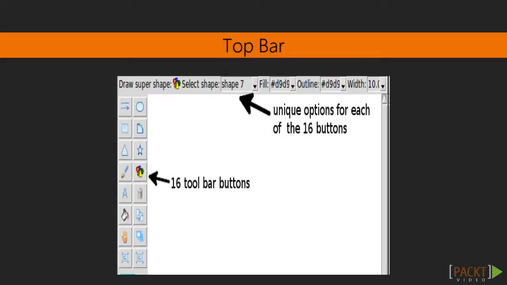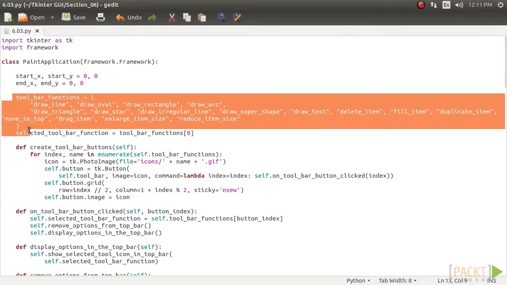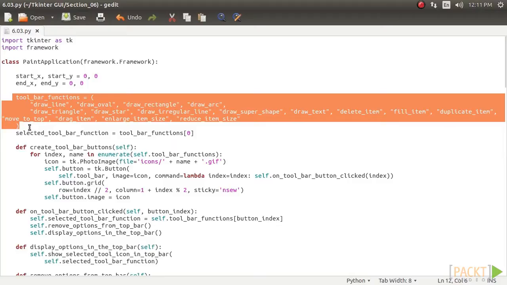We do not want our code structure to be bloated by conditional logic to switch among these 16 functions. Therefore, we will call these methods dynamically. We first begin by defining a tuple of all 16 function names. Doing so ensures that we do not have to call each method explicitly from our code. We can instead use the index of the tuple to retrieve the method name and call it dynamically using getattr. This makes sense here because we would eventually add more features to our drawing program by simply extending the toolbar_functions